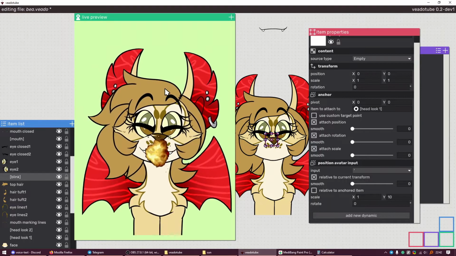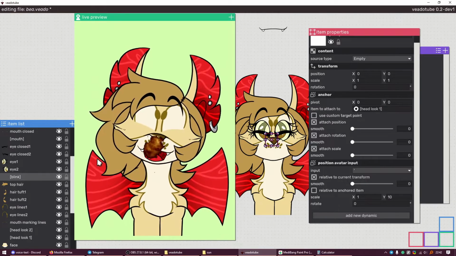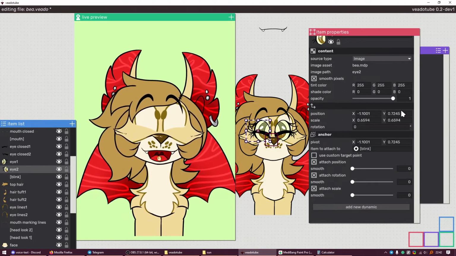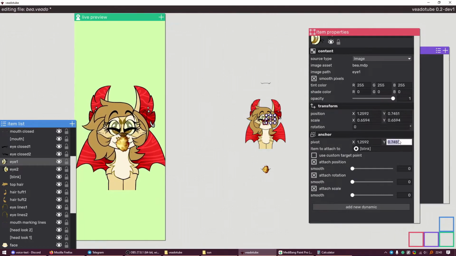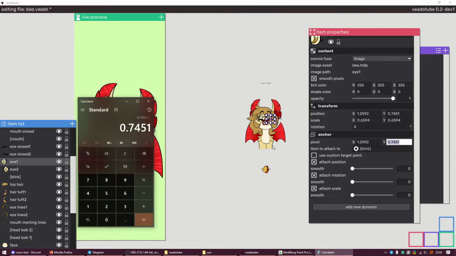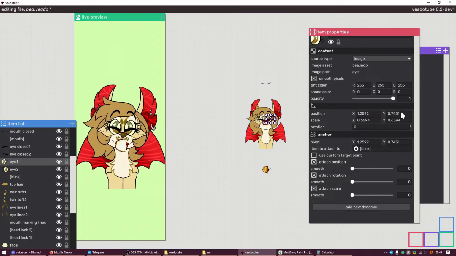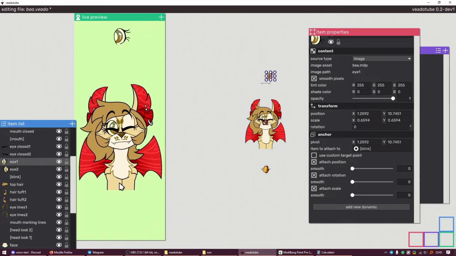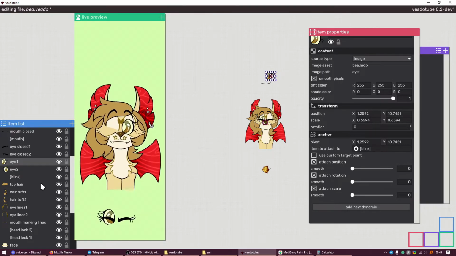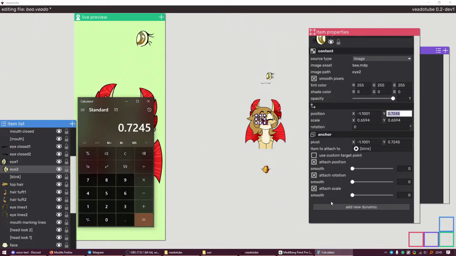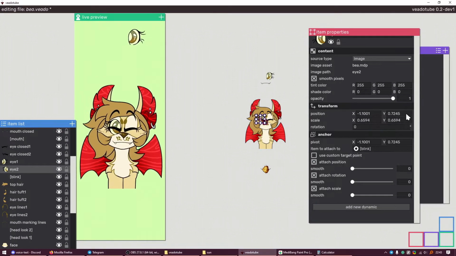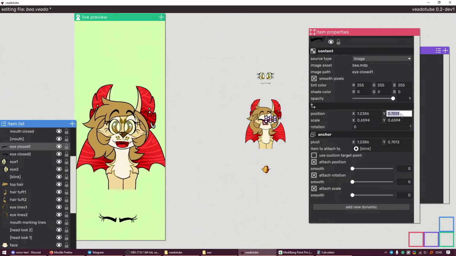I'm gonna set the scale of things now. I'm using 10 again, so I'm gonna have to do the same math that I was doing before. So OpenEye is going up. So I'm adding 10. The position of this one also, add 10. And then for the other ones, I'm gonna subtract 10.